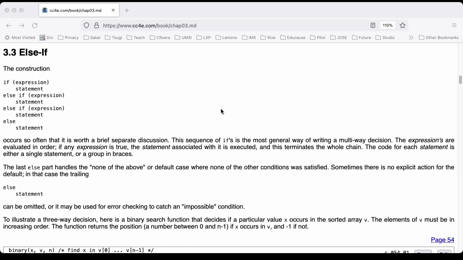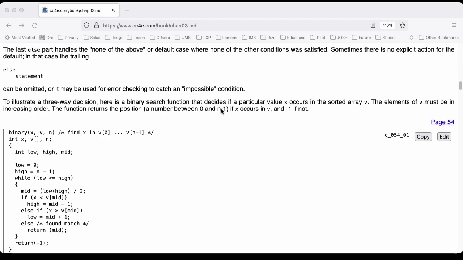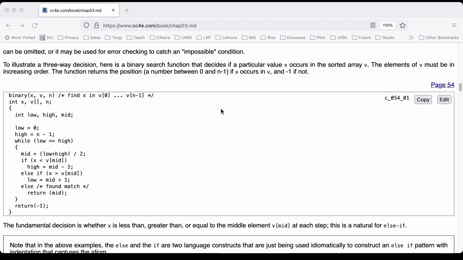The expressions are evaluated in order. If any expression is true, the statement associated with it is executed, and this terminates the whole chain. The code for each statement is either a single statement or a group of statements in braces. The last else handles the none-of-the-above or default case where none of the other conditions was satisfied. Sometimes there is no explicit action for the default. In that case, the trailing else statement can be omitted, or it may be used for error checking to catch